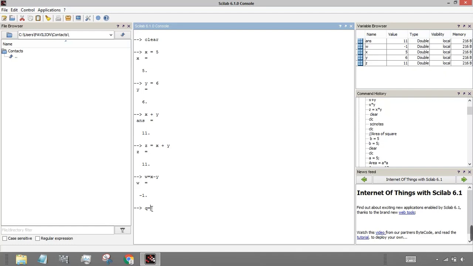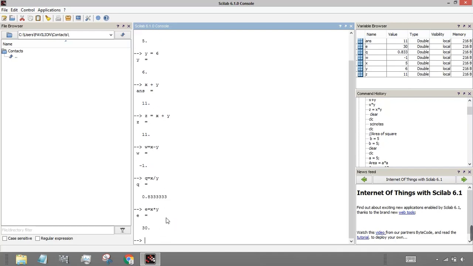I'll create another variable named q, which is equal to x divided by y, which is 0.833. Then next is your multiplication, so I'll use a variable e equal to x star y. For multiplication you use the star button and then enter. So this way you do the normal mathematical operations in your console.